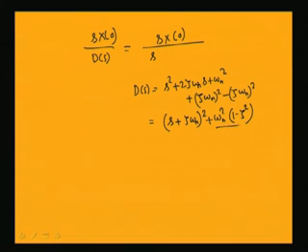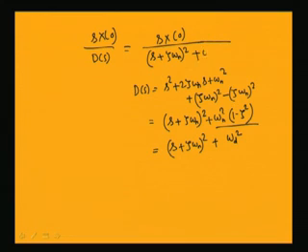So, this omega n square into 1 minus zeta square is nothing but the damped natural frequency, that is omega d square. So, it becomes s plus zeta omega n whole square plus omega d square. So, I can substitute this here. So, s x0 by Ds I can write equal to s plus zeta omega n whole square plus omega d square. So, I can take the inverse Laplace of this.